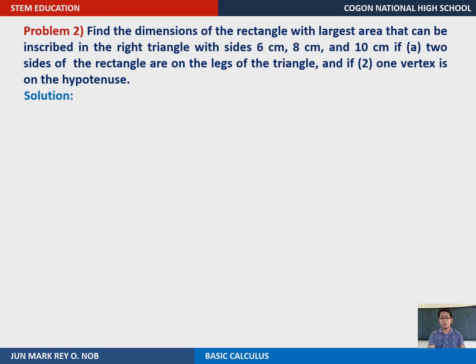For problem number 2, we do the same process. This time we actually come up with an illustration. It's good to present a problem with an illustration for us to visualize what the problem is all about. So in this case, the length is 6 centimeters, the width is 8 centimeters, and the hypotenuse is actually 10